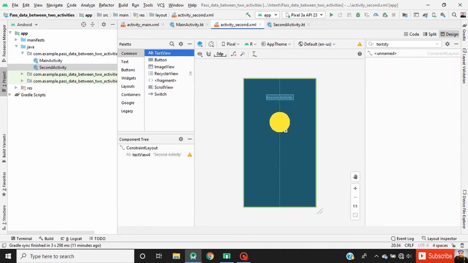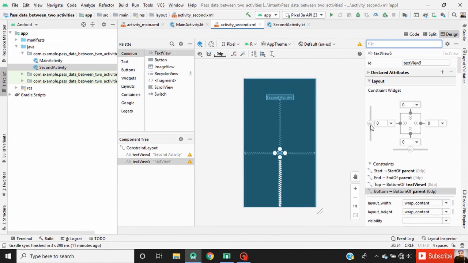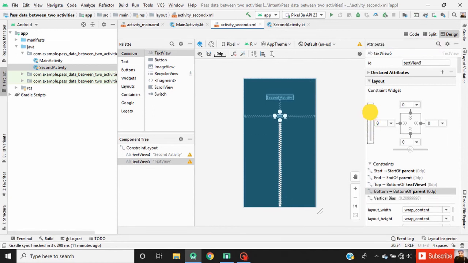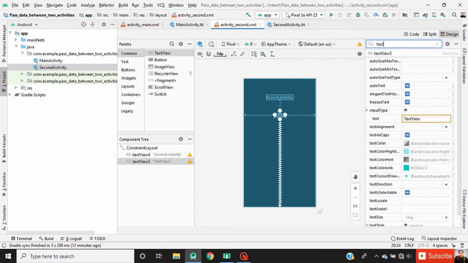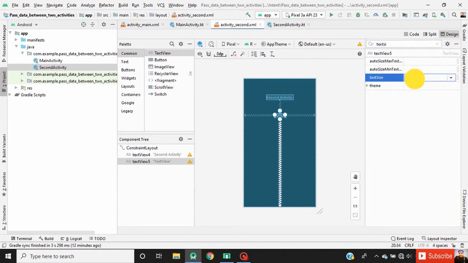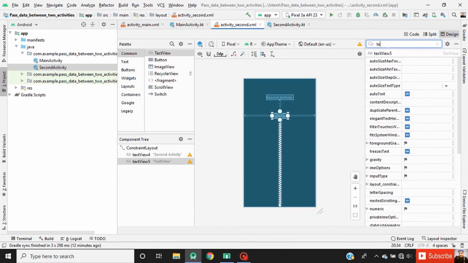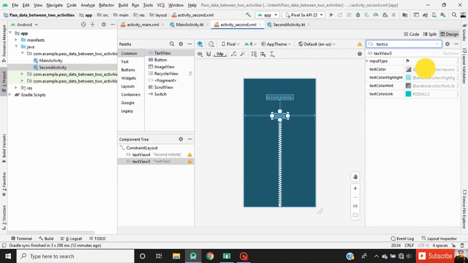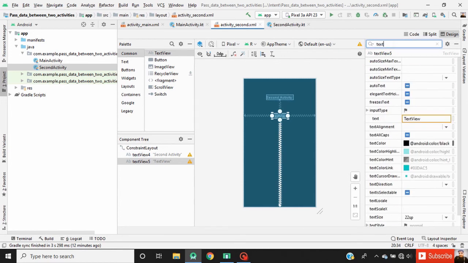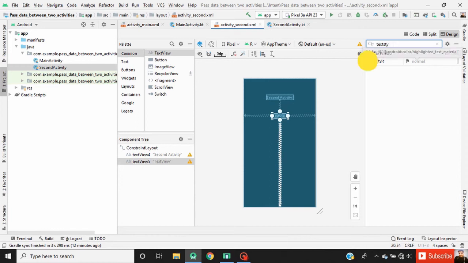Now drag another text view. Define constraint for this text view. Set the vertical bias of this text view. Change the text size to 22 sp. Change the text color to black. And text style to bold.